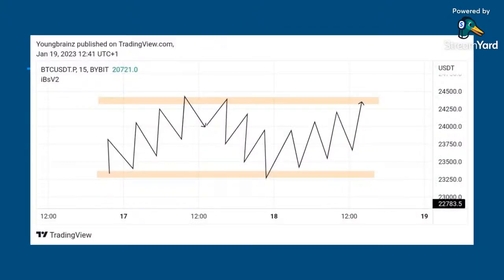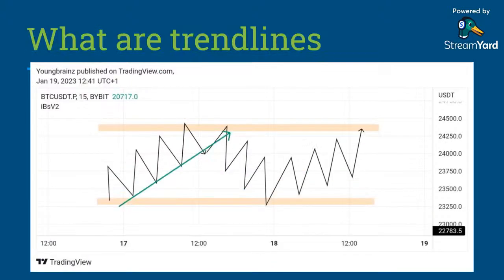Of course, we already explained how you can see the market is moving from point A to point B, up, down, up, down. This is how the market is moving. Let me show you how you can use a trend line to make more meaning from the chart. Now look at the uptrend. Can you see the green line? The green line is like a path, it's a way.